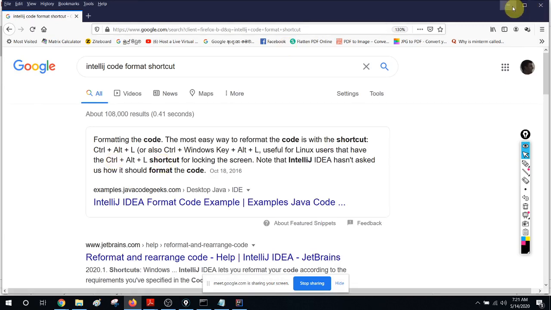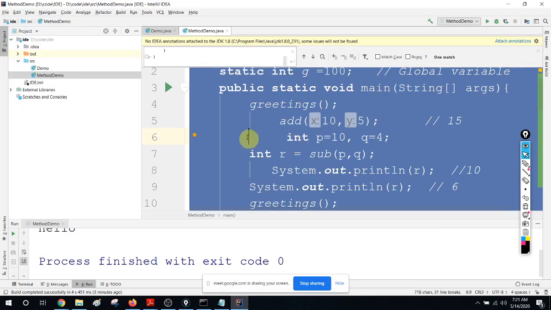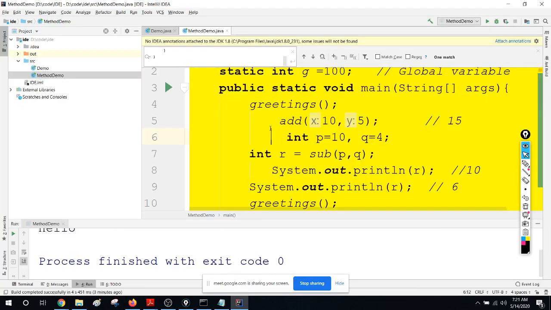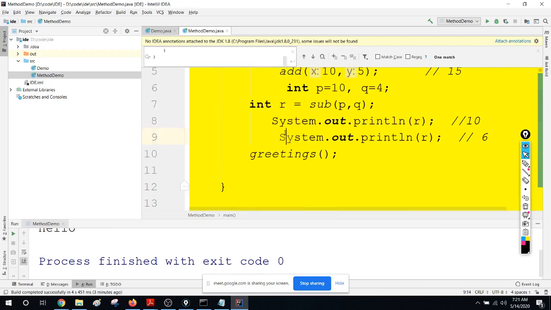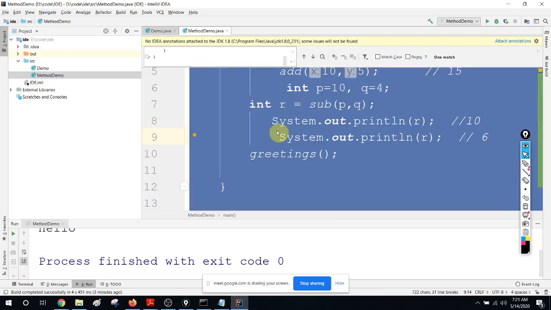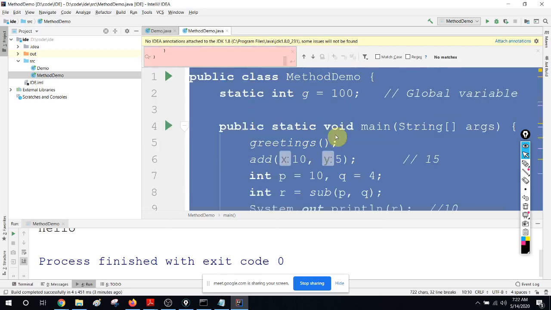Control Alt L. So let's do that. Now you can see it is messy. I will make it a little bit more messy, right? So now I have Control A, then Control Alt L. Now you can see it's formatted.